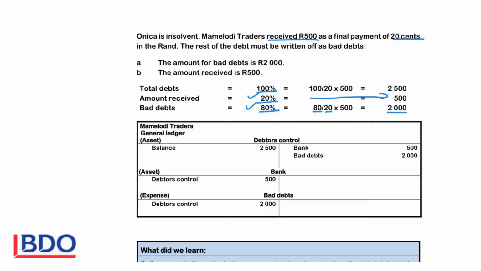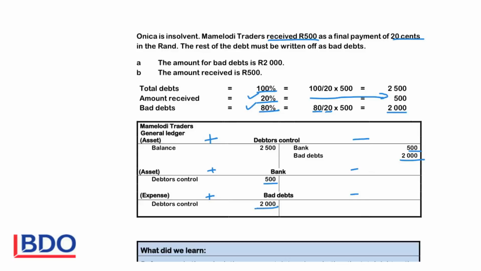So the debtors will have a debit balance because the debtors increase on the debit side. We will credit the debtors with the total amount, so we will reduce them with the money received and the bad debt so that the account can be closed off. The bank account is debited with the money received, 500, and the bad debts expense increase on the debit side